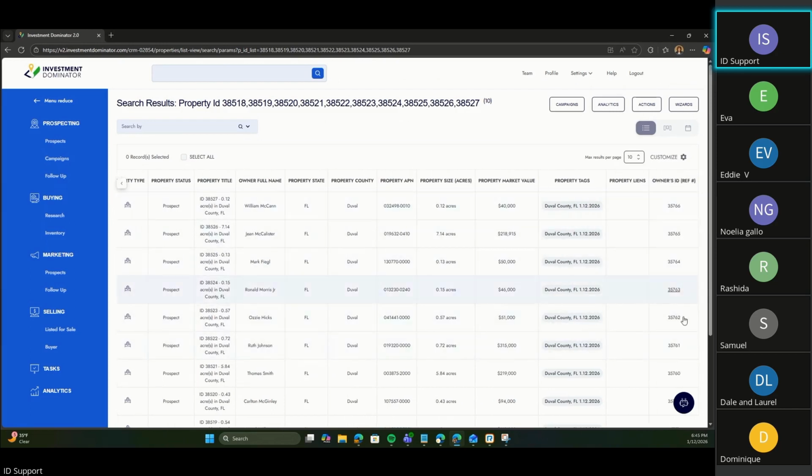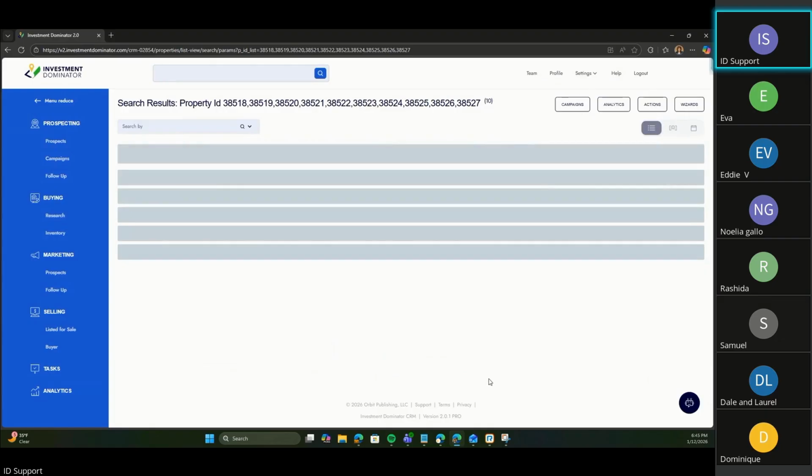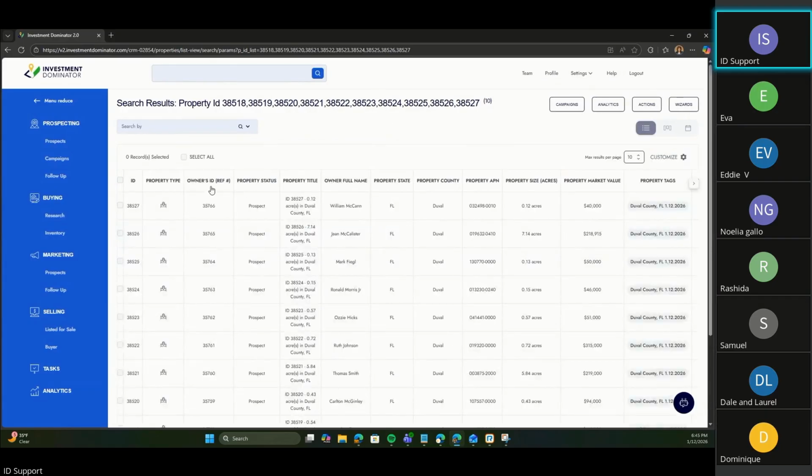Now I don't like it down here, so I'm going to go back to customize and scroll down till I see my owner ID. With these little hash marks, I can bring it up. I'm going to put it on the other side of property type and save it. And so it moved. That's some of the customizations you can do from the first page, depending on how you want to see your records.